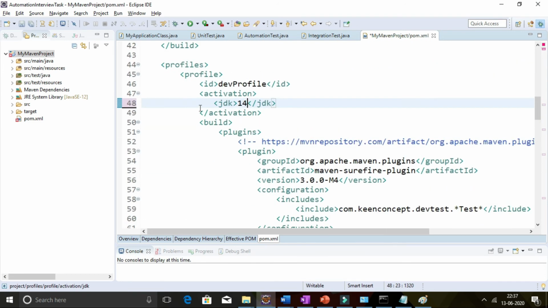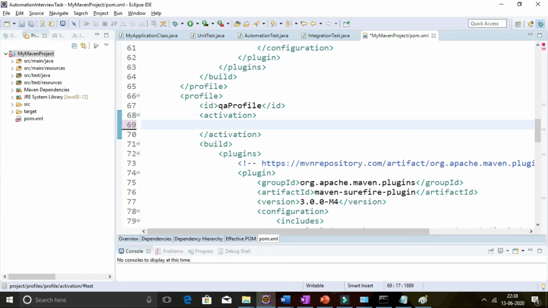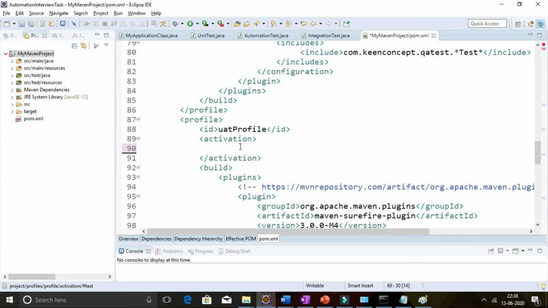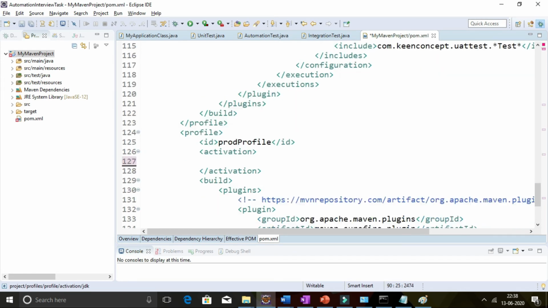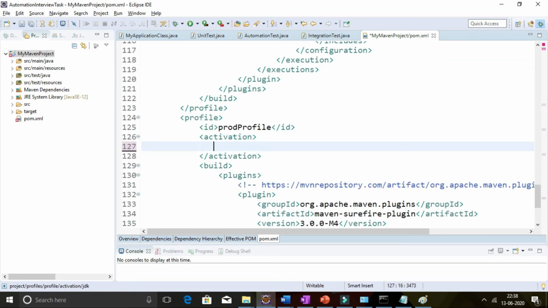Let's mention this tag in the other profiles also, and we will change the JDK values in the other profiles. Let's mention it as 13, as 12, and as 11.